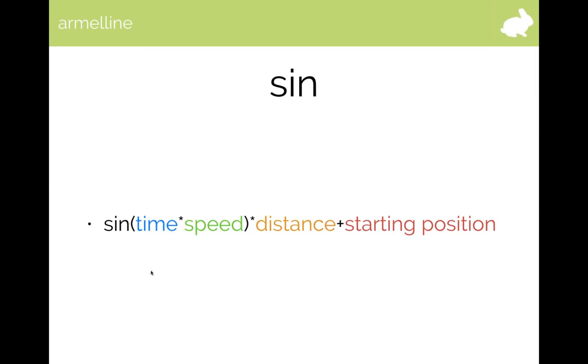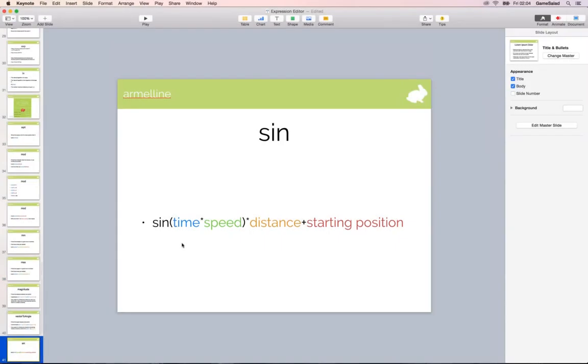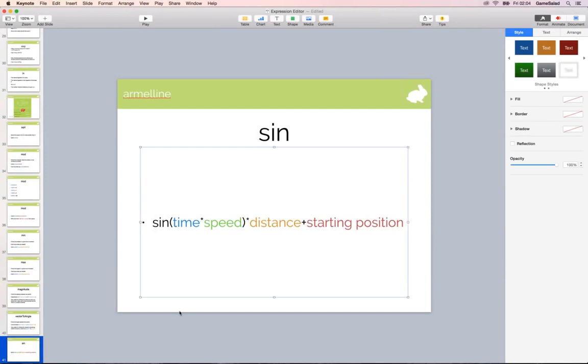So what we've got is a formula where we're saying sine, the time, which is our changing number. You can use something else. You can use an attribute that you're changing yourself. That will work as well. Times the speed we want the oscillation to happen at, multiplied by the distance we want it to travel, so the amount we want it to oscillate by. So when we say times by 100, we're just saying, instead of it being 0.1 to minus 0.1,